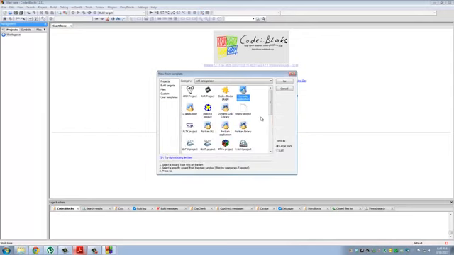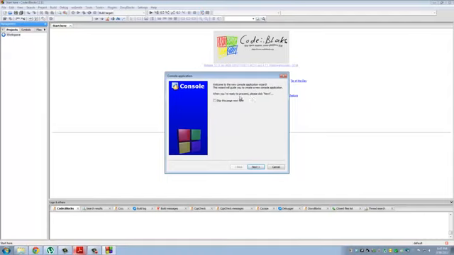Okay, so click console application, and this is the only place we'll probably be going every time we start a new project. So click go. Here just click next. Make sure you choose the programming language as C++. Click next, and then give your project a title. Ours is going to be Hello